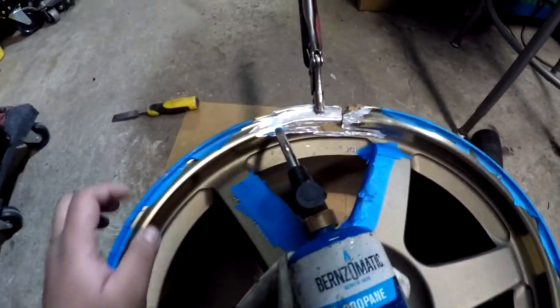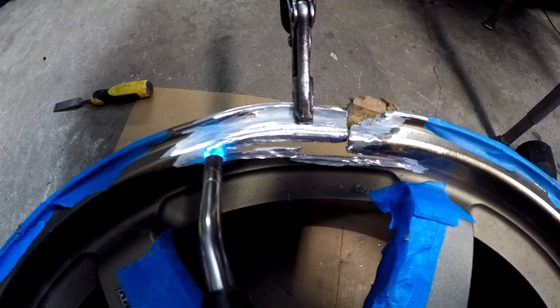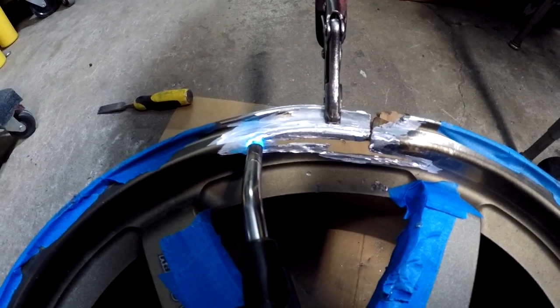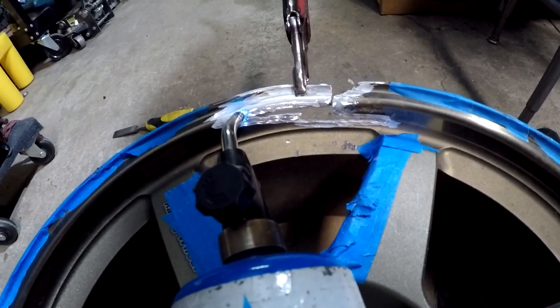I'm heating up that corner right there. It's still attached, but it is cracked, and I didn't want to try to twist the lip this way without heating it up, because it will then fully crack all the way. So it's almost there. Definitely going to have to do a lot of patching right there in the middle, but